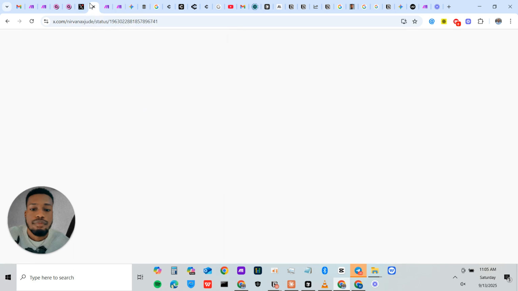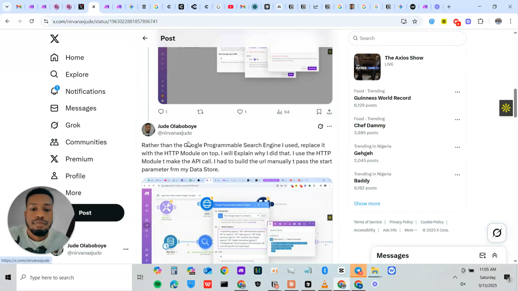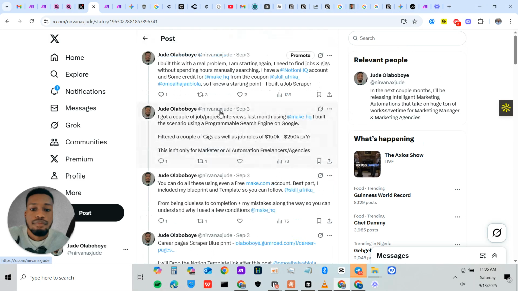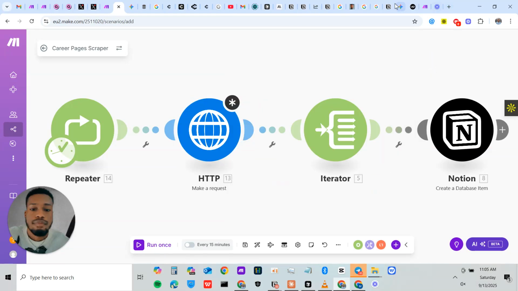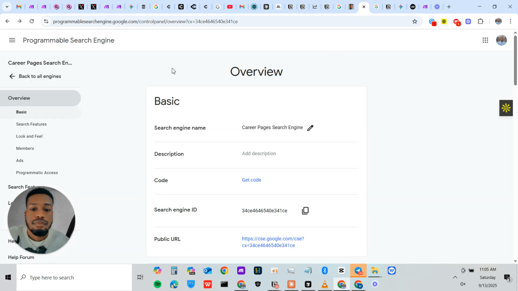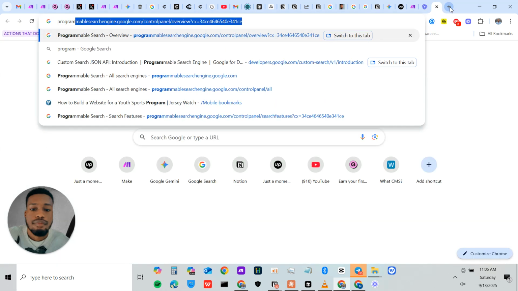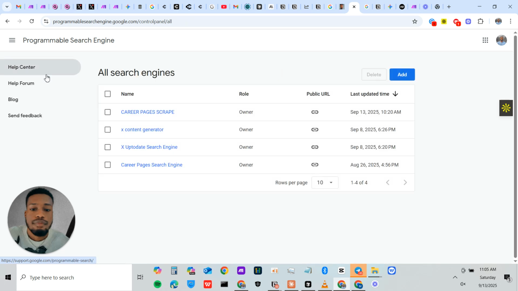I already explained how to use the programmable search engine here, and it's very simple actually. I can put you through it quickly. Let's see, do I have a programmable search engine here? Yes. You go to programmable search engine, just search for it. Then you get sent to a page where you click on add,